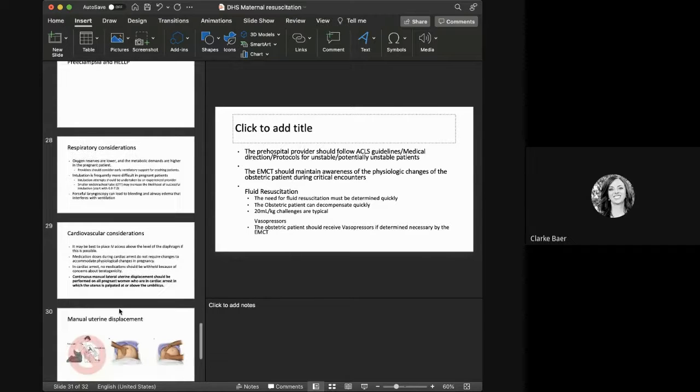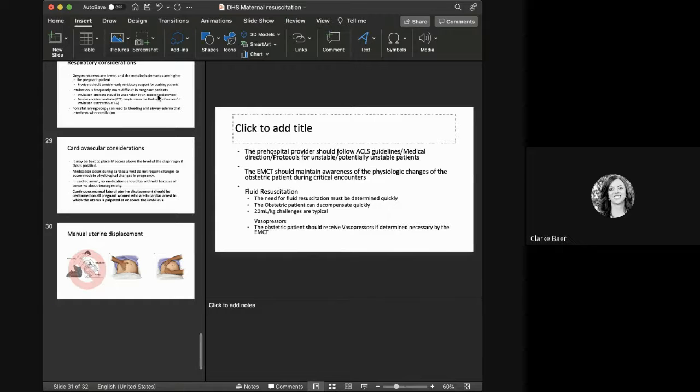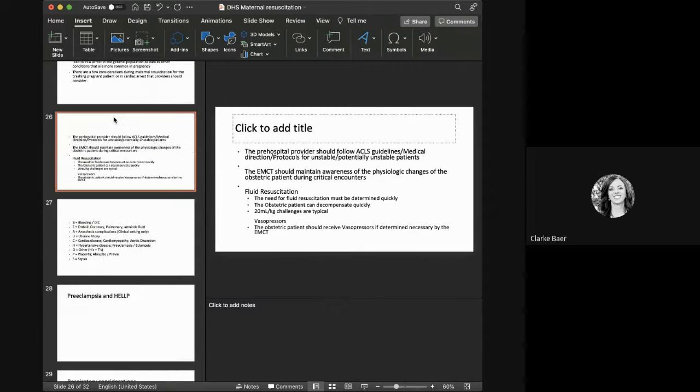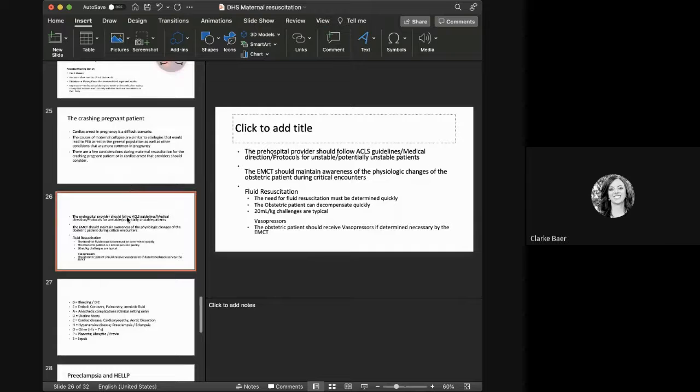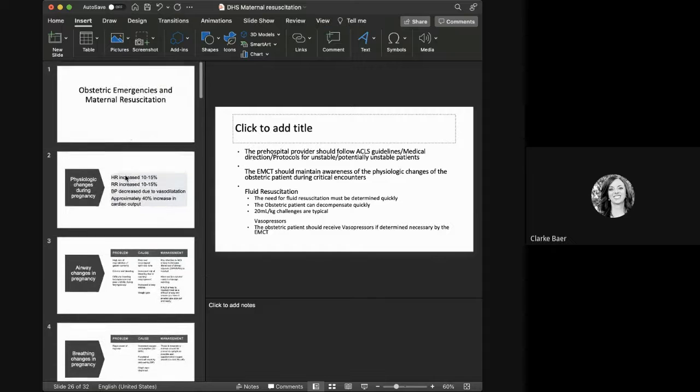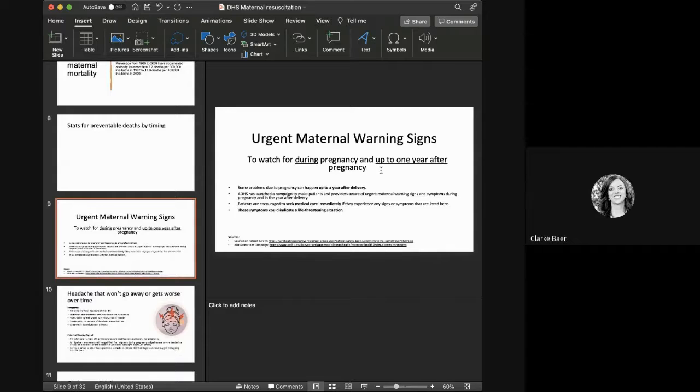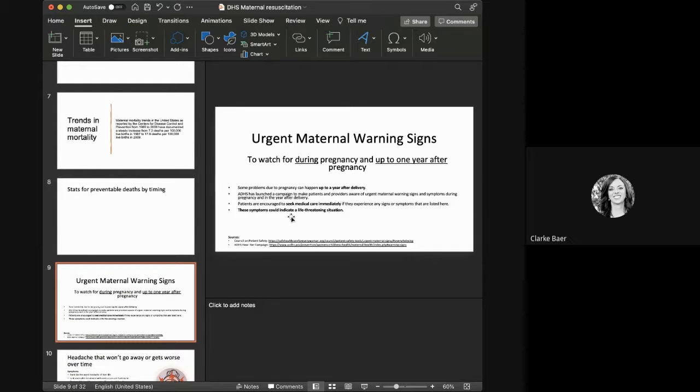Not to cloud this, but I think it might be worth rewording the initial urgent maternal warning signs slide a little bit. I don't know what you call non-crashing patients, but we can change the wording to say, for patients who are not in serious emergencies, their attention is still needed because of the potential risks. Here are the symptoms, here are the potential risks. Patients are being instructed to call 911 for these things, so don't dismiss it. I don't know how to say that better, but that's the intention.